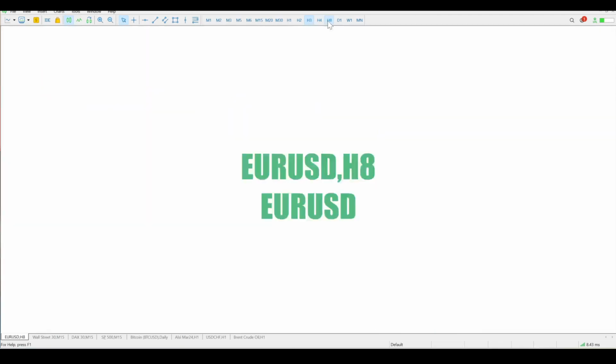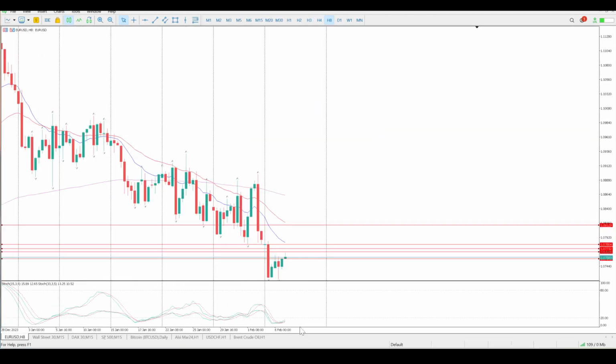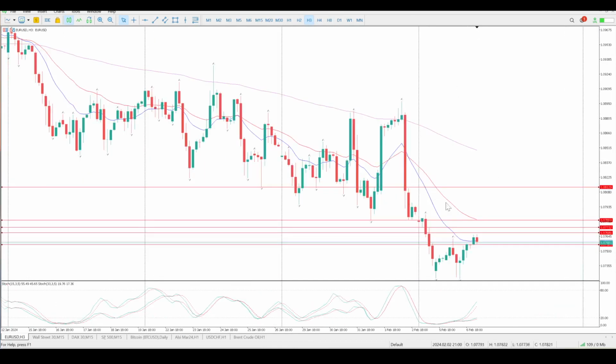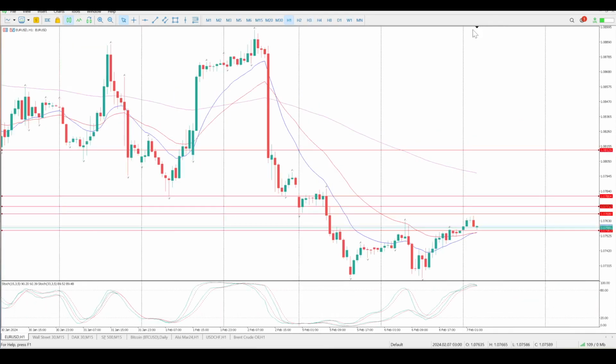Sorry, I am on the 3 hour. There's nothing really different on the 8 hour apart from a grouping of the oscillators here. So that is the structure that we are seeing. If we drop down to the hour, yesterday you can see a rejection here, pretty much off